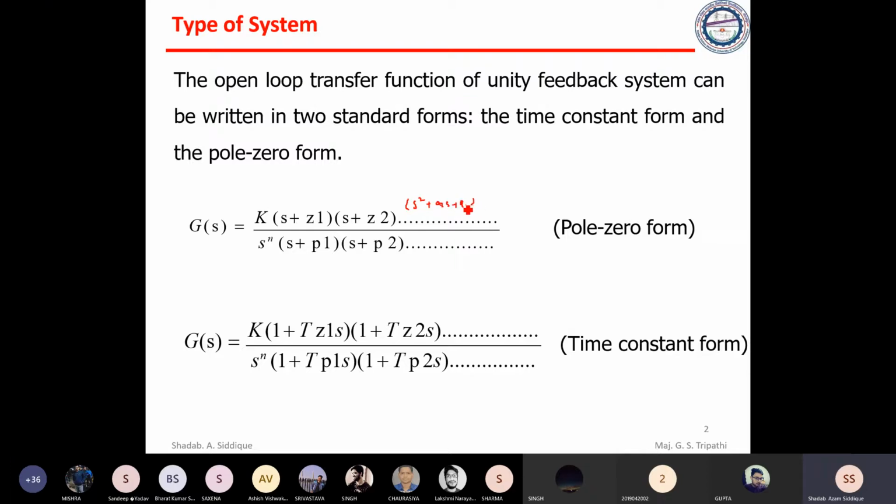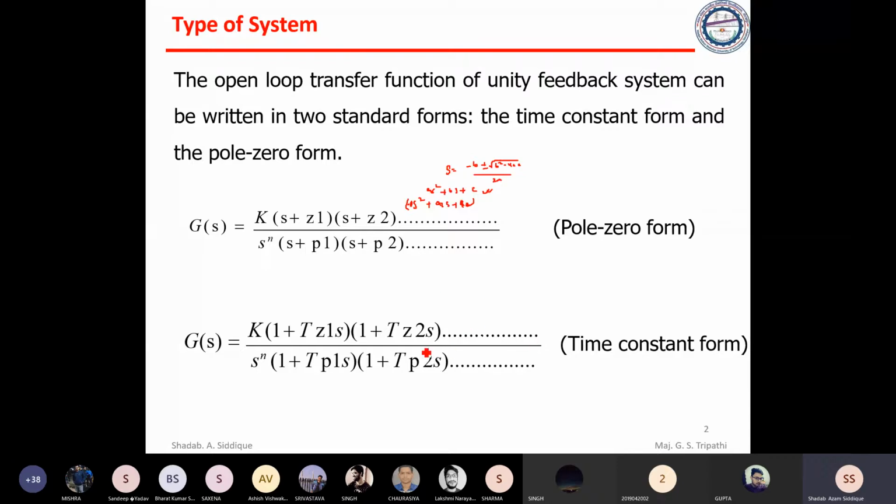And we will try to find the s value for that by using the form s is equal to minus b plus minus root under b square minus 4ac, by 2a. That will be in the form of a s square plus bs plus c. So we can find the s value using this equation. That is called pole zero form. In that we will just try to take a as common, and the s square coefficient should be 1. So that is a standard form.